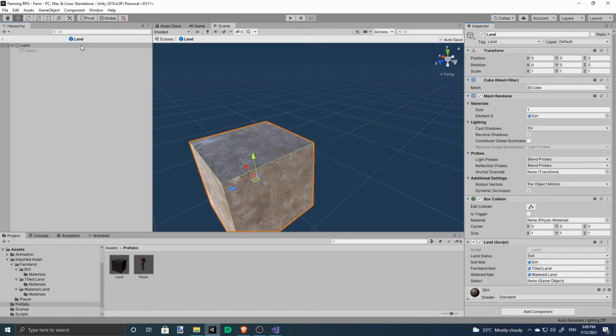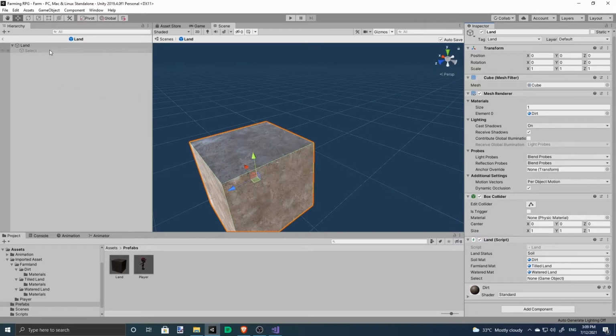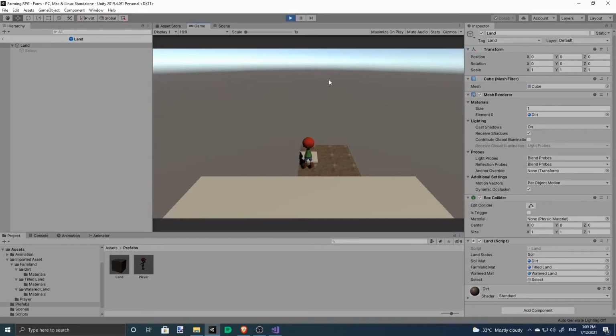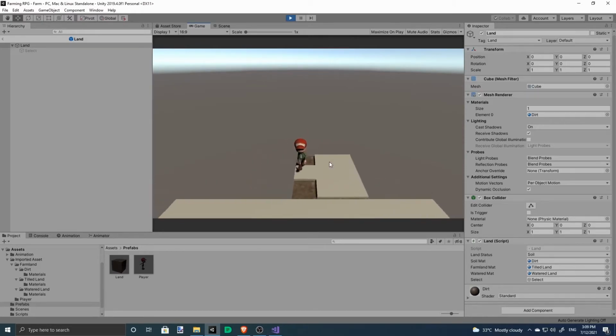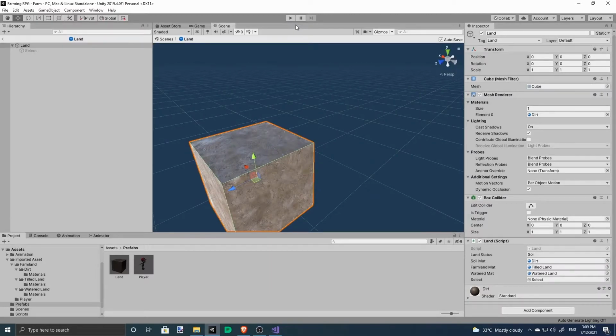So now when we get on here, we just set this to select. And when our player walks over it, it's set to true. Now we just need to find a way to deselect it.